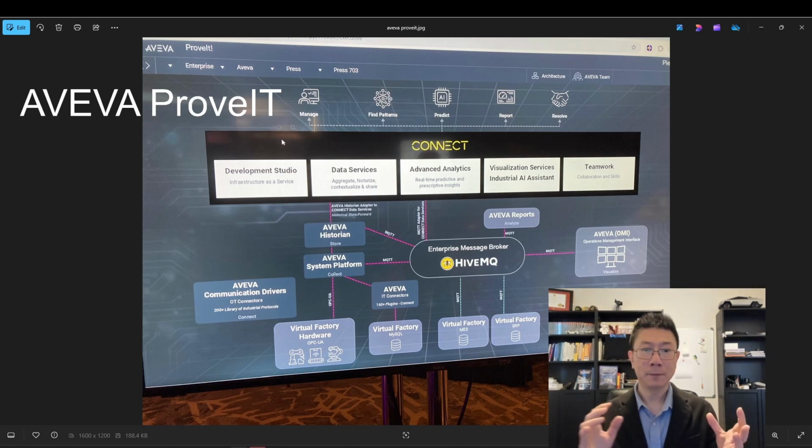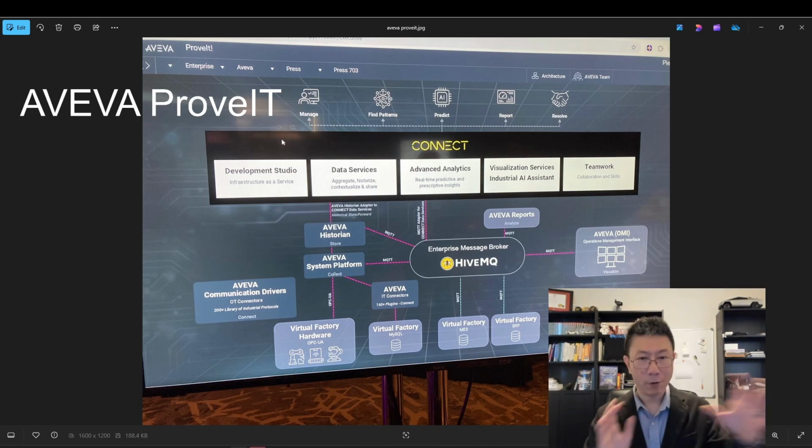And then the vendors, like Aviva, like Canary, are all going to get the data from their MQTT broker right here. So the rest of the stuff on the screen are Aviva products, maybe except the top here. I'm going to start from here because it makes sense to talk about the historian first.